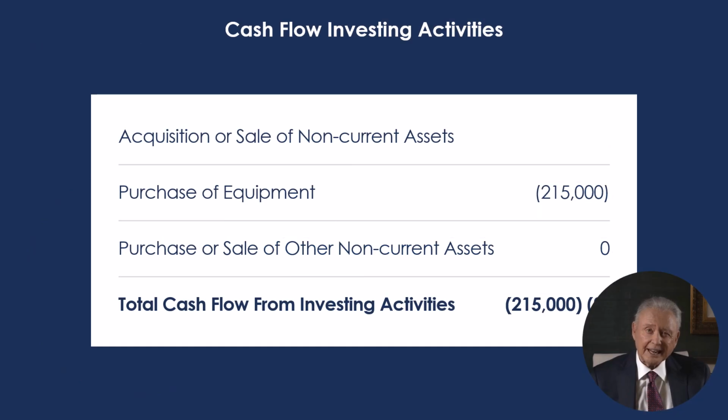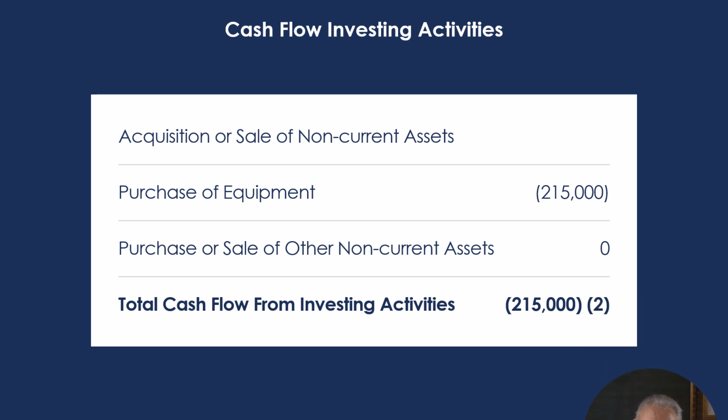The only item in the category of investing activities is a $215,000 acquisition of property, plant, and equipment. The amount is a use of cash, meaning it lowered cash flow. Why $215,000? Change in equipment was $150,000. Equipment actually went up by $215,000, but depreciation of $65,000 brought the net change down to $150,000. Once again, don't fret if this section seems like a fog.